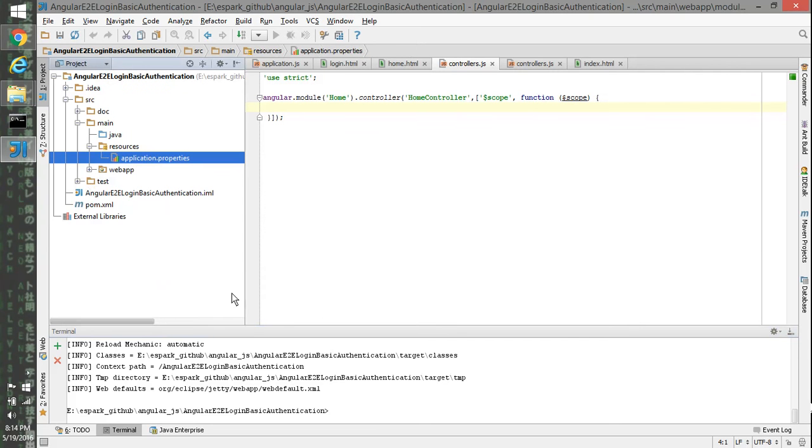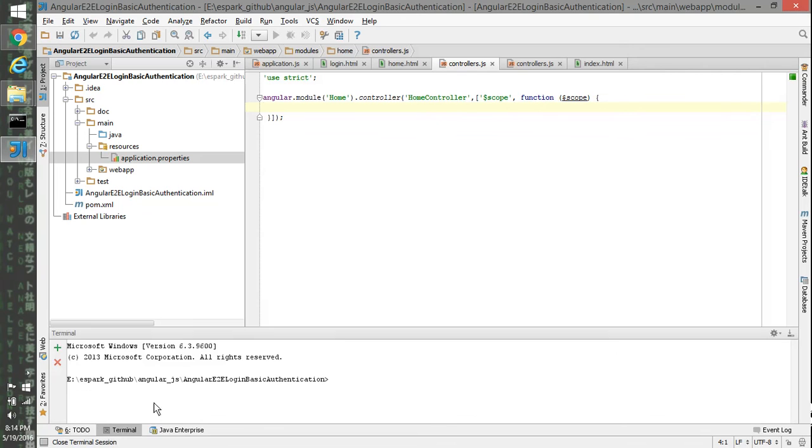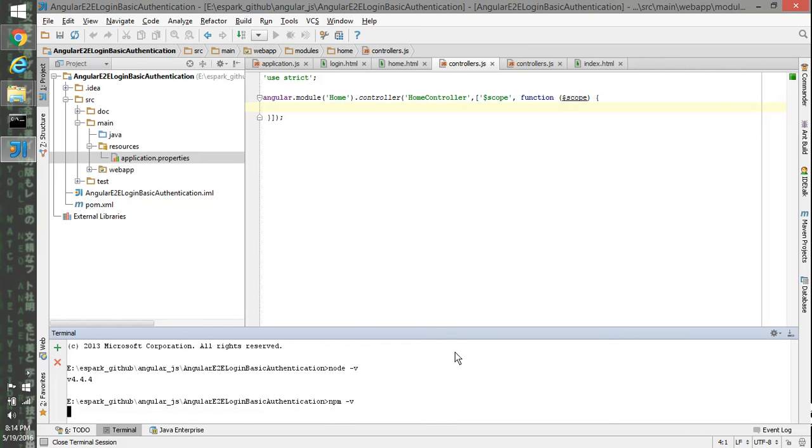To set up this testing environment, you should always make sure that Protractor and Node are installed on your machine. I'll show you: node -v, and here you can see the Node version installed on my machine. npm -v, what npm version I'm having, it's going to tell us.